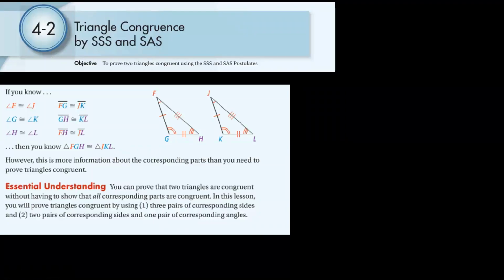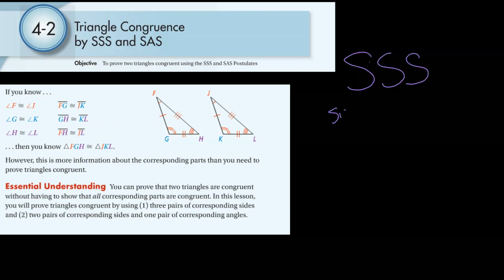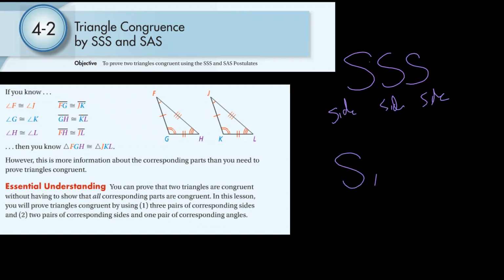So now, our lesson today is talking about triangle congruence by SSS and SAS. SSS means side, side, side. And SAS means side, angle, side. Now, in the previous lesson, we need the